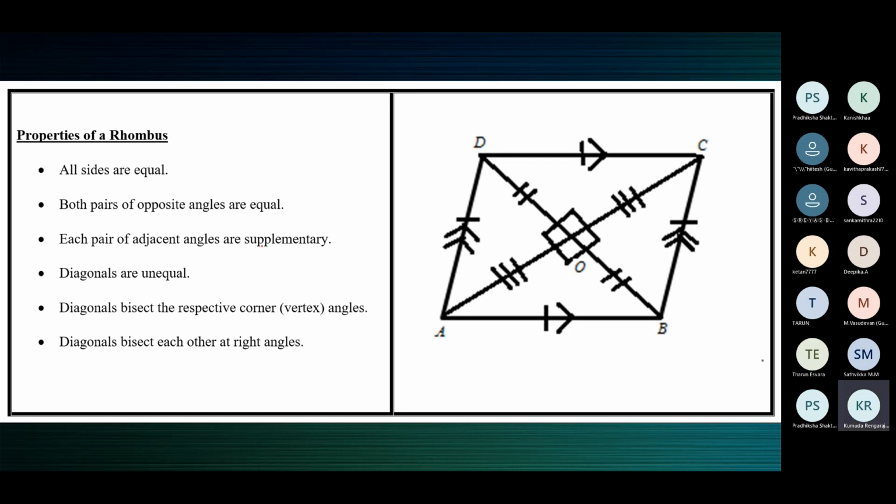A square is a special rhombus where diagonals are equal. If it's just a rhombus, diagonals are unequal. A square is a further special rhombus where diagonals are equal. Okay, you understand, I know, but you will be able to remember all this once we prove these results in the exercise. All right.